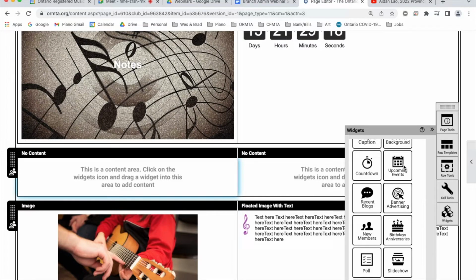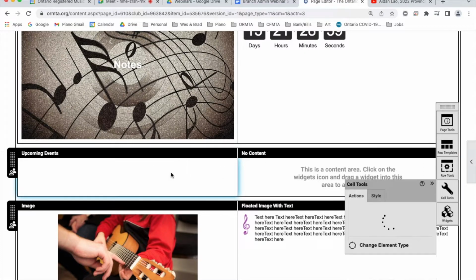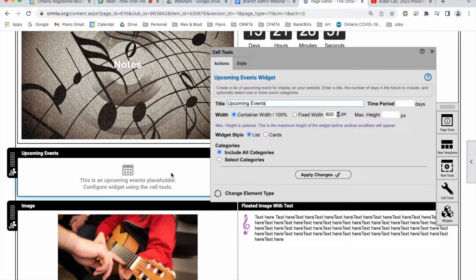Okay, the upcoming events. So we have a calendar on the website, and it's got all of the provincial events, but there's also a category of branch events. So if you really wanted to use the calendar, you can send me the information and I would put it all up on our calendar, and the calendar's color-coded sort of thing. So you would have